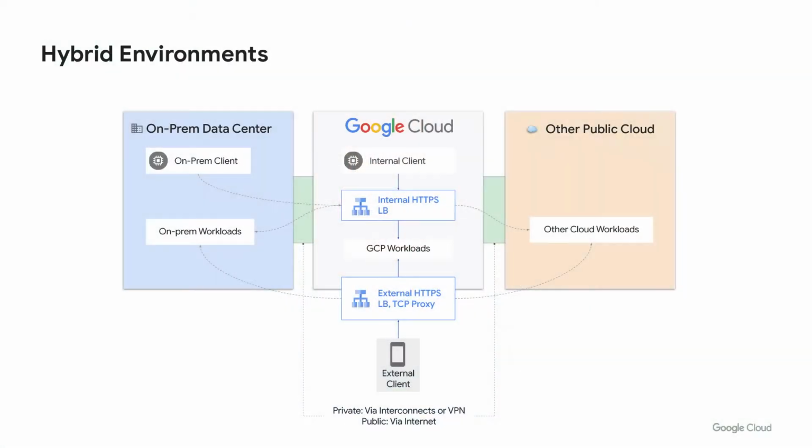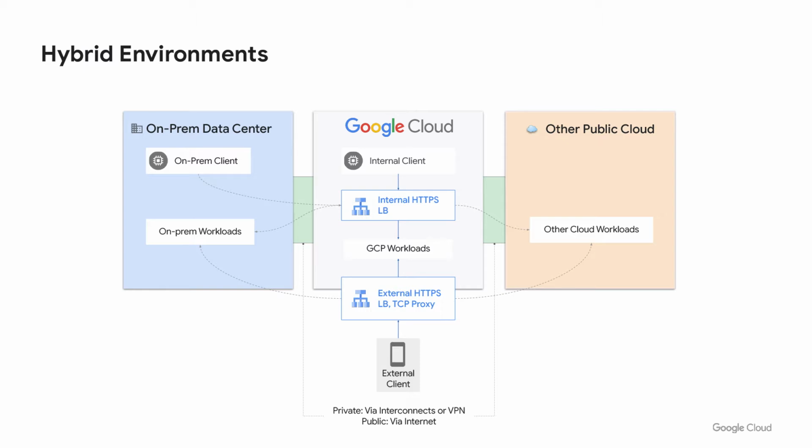Now, there are multiple layers that you can use to build this hybrid solution. As illustrated in this slide, there is a connectivity layer where you can either have private connectivity or even public connectivity. For private, you can leverage interconnects, direct or partner, or use virtual private networks. You can even choose to connect these distributed applications across the internet, provided you have the right security controls in place.